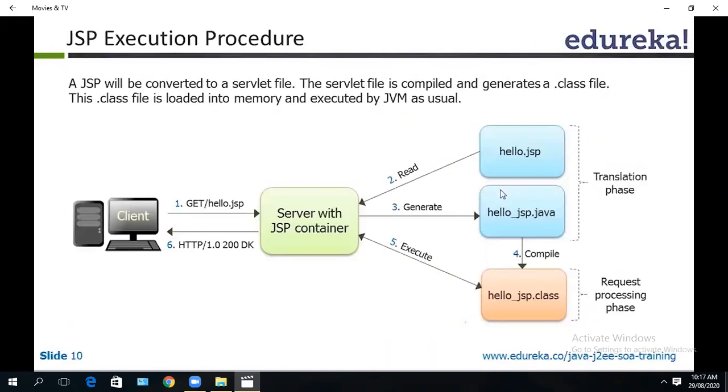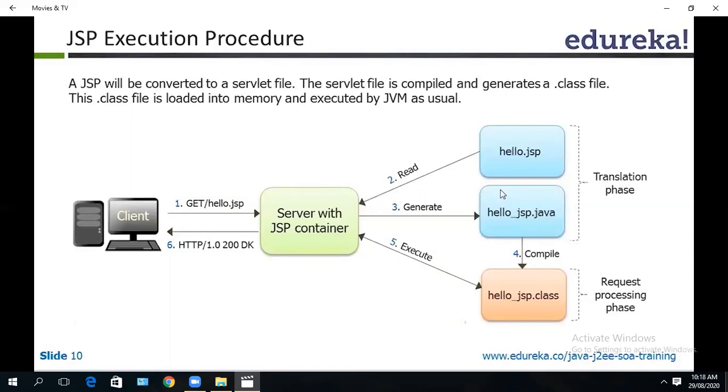So a JSP file is a servlet file only. Rather than writing three files and complicated code, we write JSP, and it gets compiled to a servlet file, which is a Java file only.